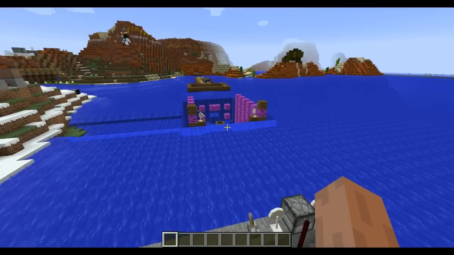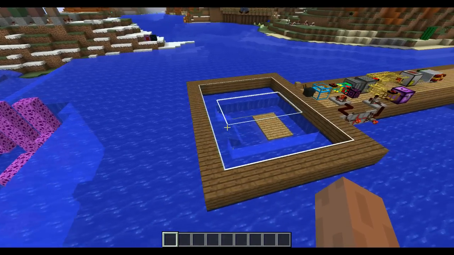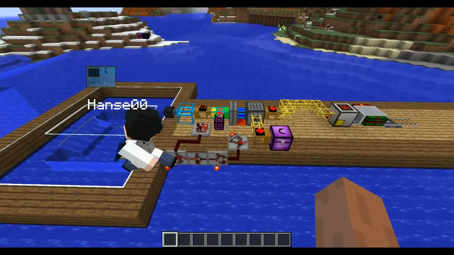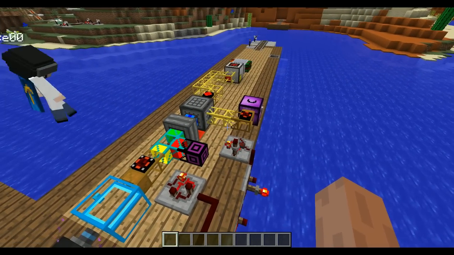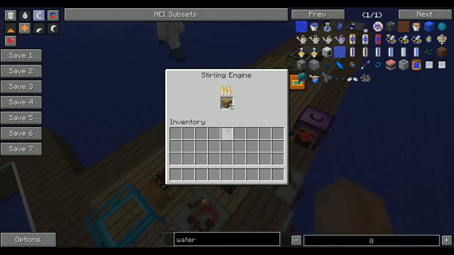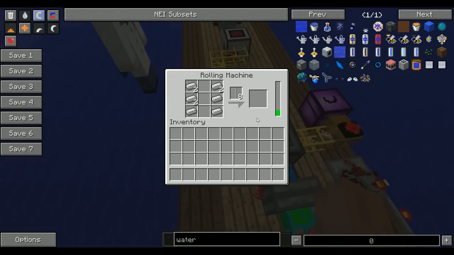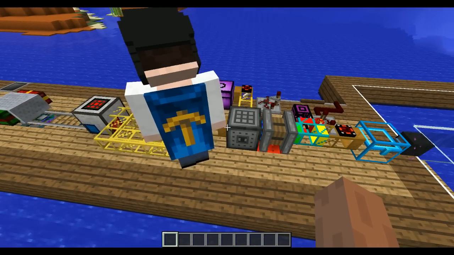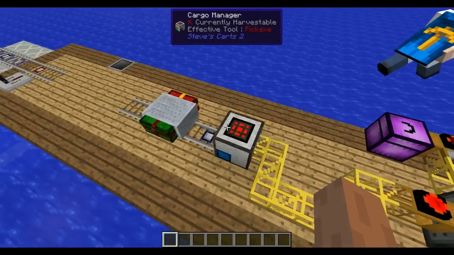Right, now we have that boat going underwater using these sponges. And it comes up here and breaks, and then a vacuum hopper sucks that up. And we dispense 6 iron into the rolling machine, and we use the wood in the Stirling engine to basically power that and create some rails. It takes a little moment because obviously we've got to build up some power. But anyway, once those are done, they get dispensed into this cargo manager, and then the cart will